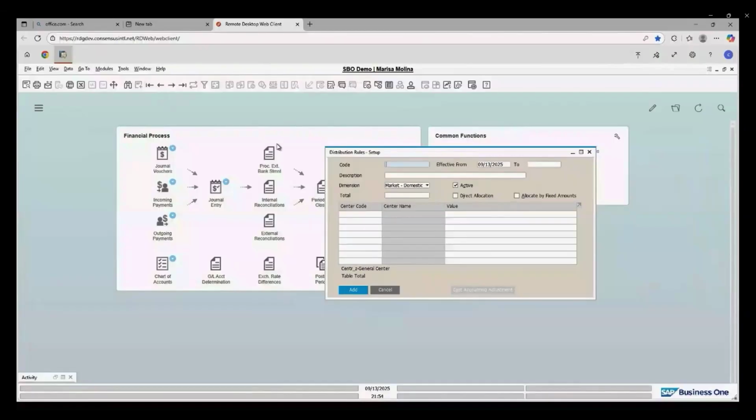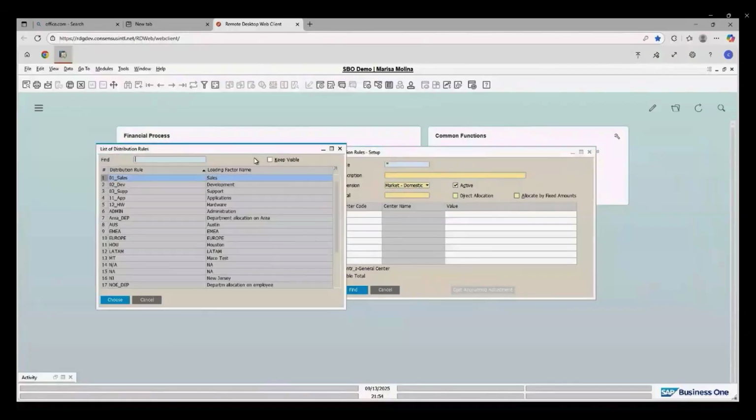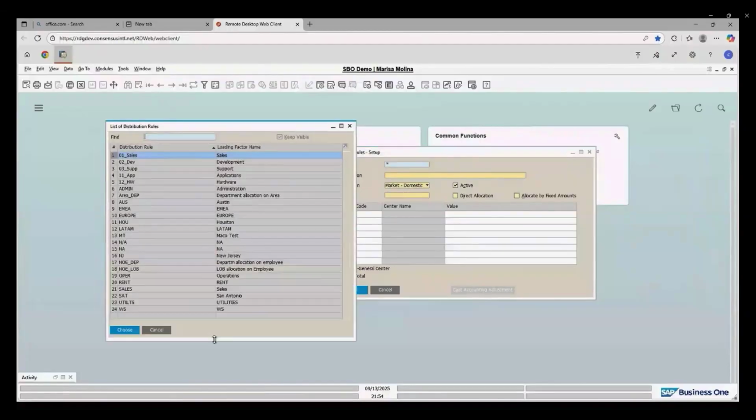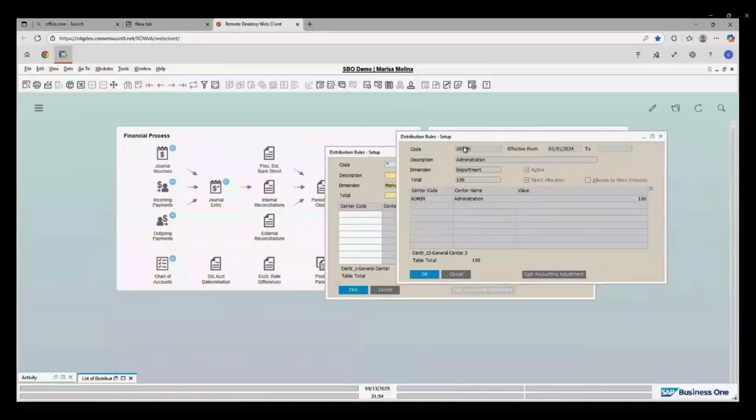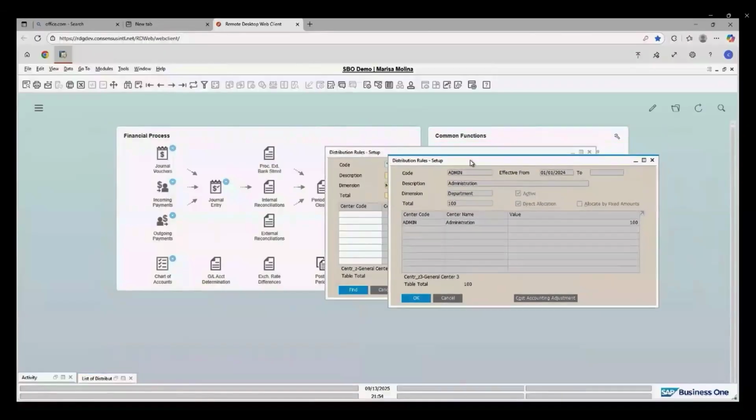So if I go to, let me just control find market domestic. Yeah, let me check if I can find here the ones that I have. So it's like I have more than one here. But if I created this for admin, let's say admin. So admin for me is a department. Do you remember that I created a cost center for the department called administration? So I create a cost center for administration. The system creates a distribution rule for administration as well. The total is 100%. I mean, it is a direct allocation.